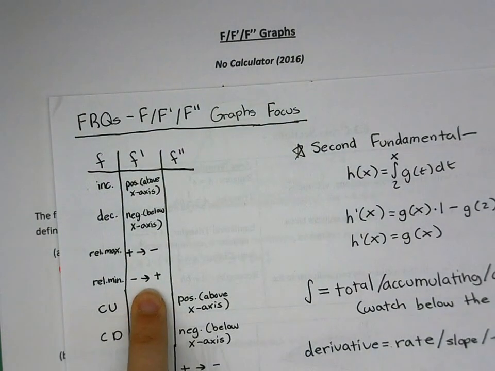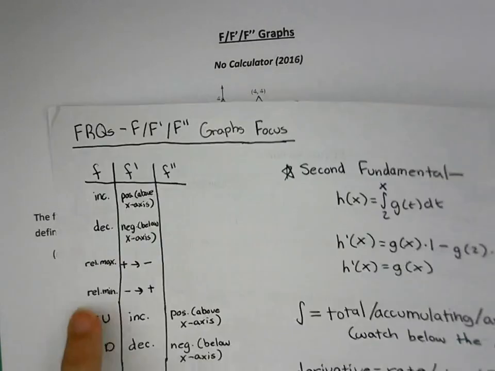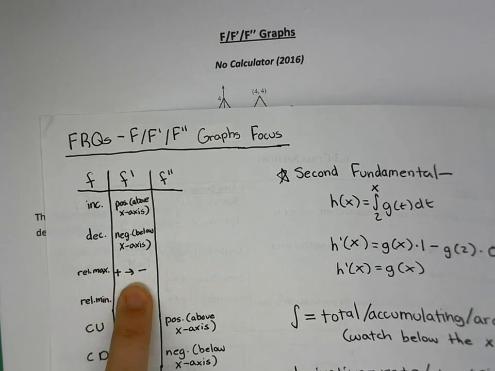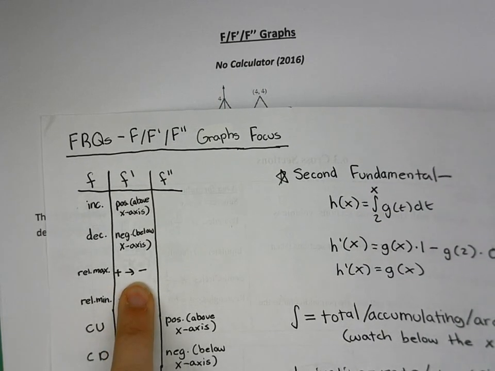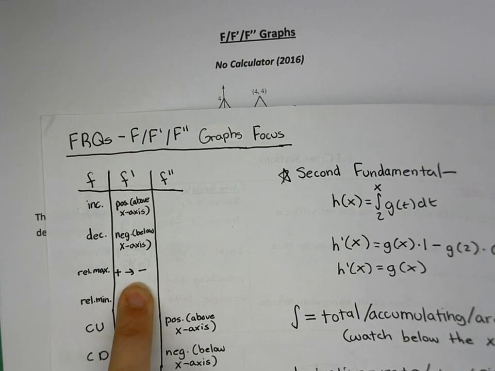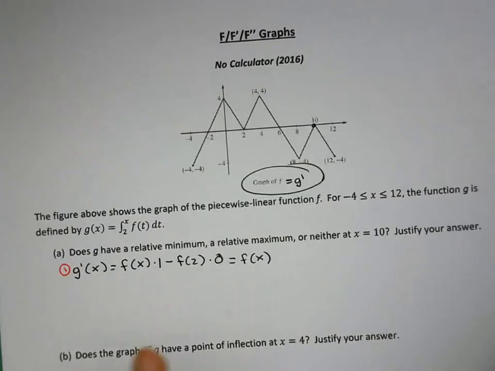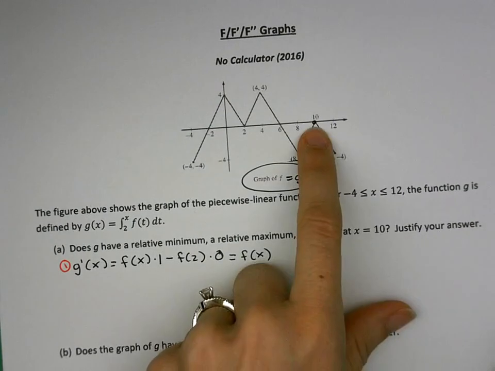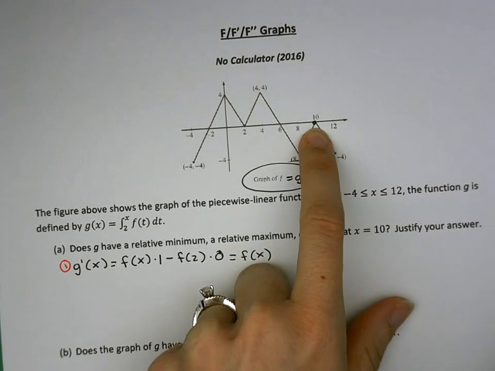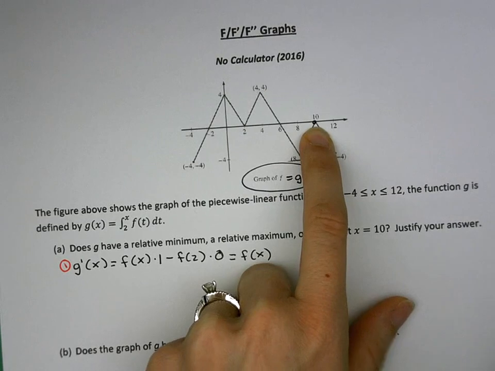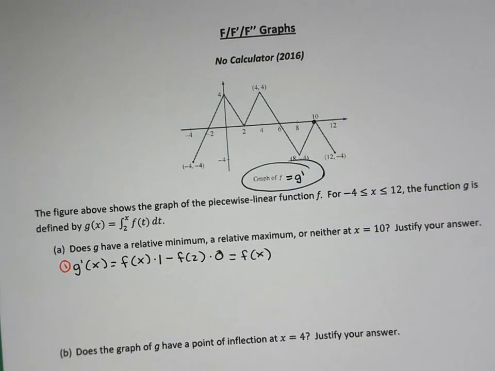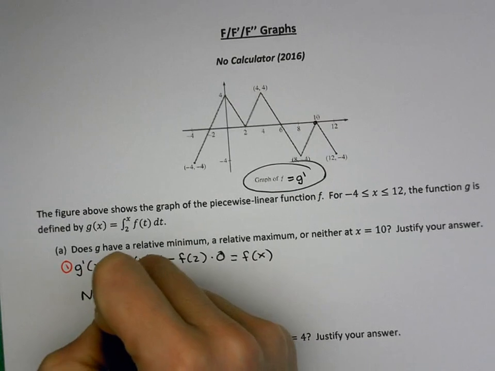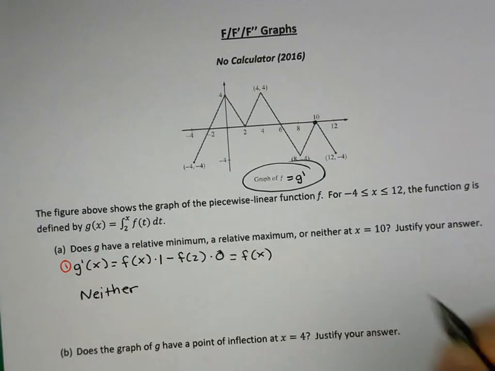For G to have a relative maximum, I want to see G prime changing from positive to negative, above the x-axis to below the x-axis. And neither of those two changes happens. So what's happening at x equals 10? Am I changing from below to above or above to below? The answer is no. And so in this case, G has neither a relative maximum nor a relative minimum, because